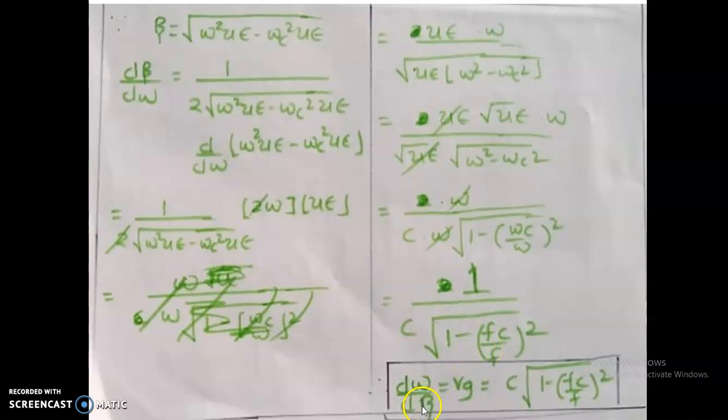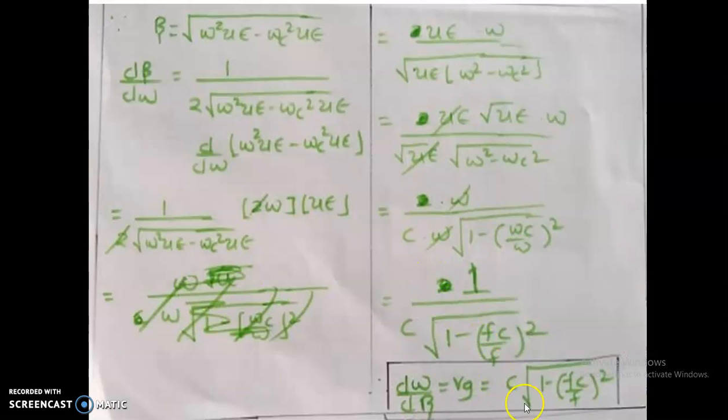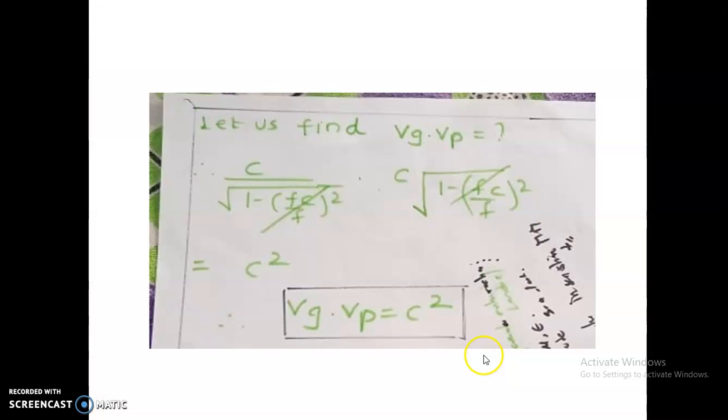So now the group velocity is nothing but the reciprocal of this one. So we have to do the reciprocal of this one, then we're going to get this one. So now I can say that the group velocity is in the form of cutoff frequency. So what we have done is that we got the relation of phase velocity and group velocity in terms of cutoff frequency. So they are individually defined. Now let us find their relation.